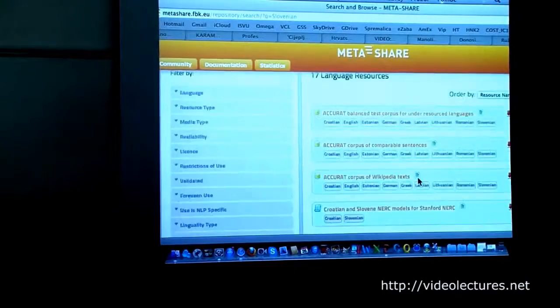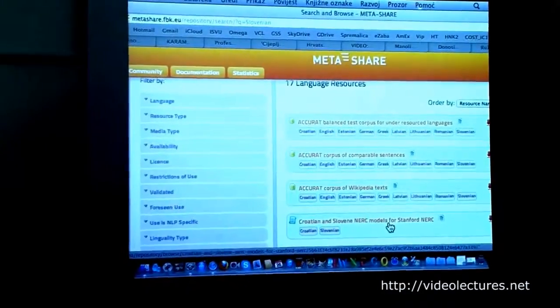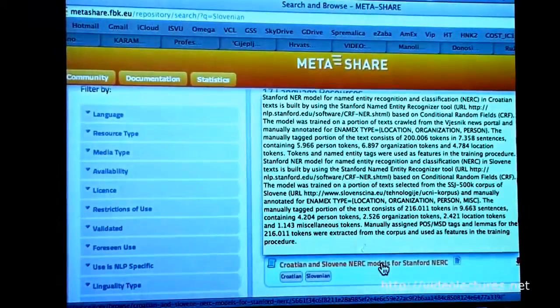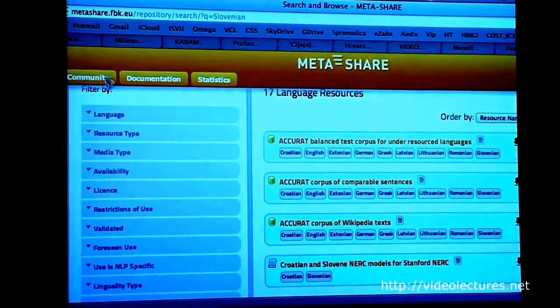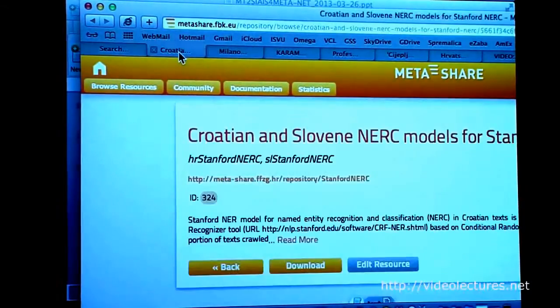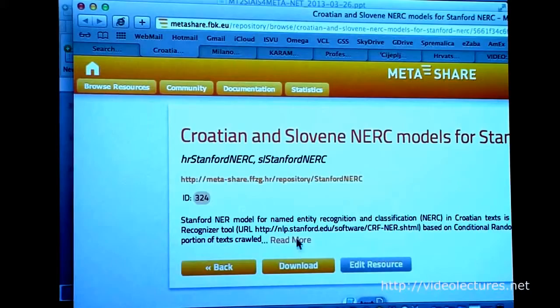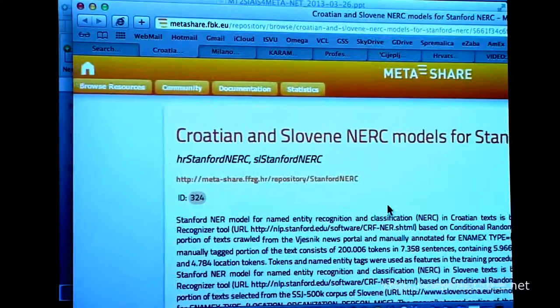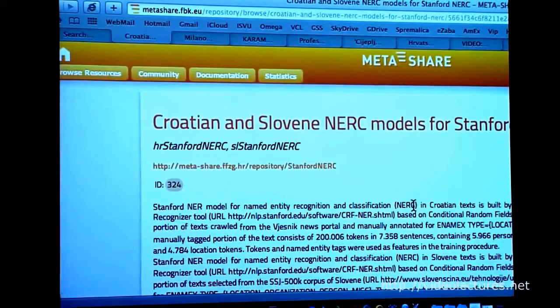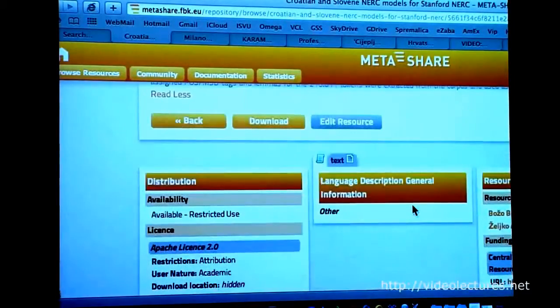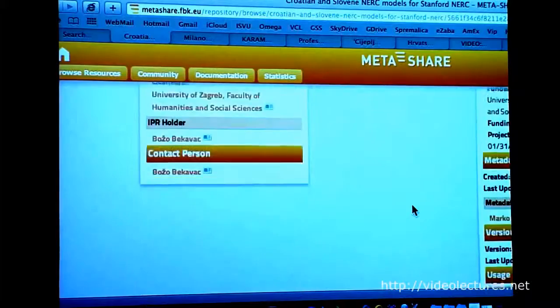So for instance, this is a model which you can freely download and then include in the Stanford named entity recognition system. Okay, and then you can read all what you need about it. Well, let me see why I can't. Yeah, because it's too small. Okay. So these are all the information you can get,